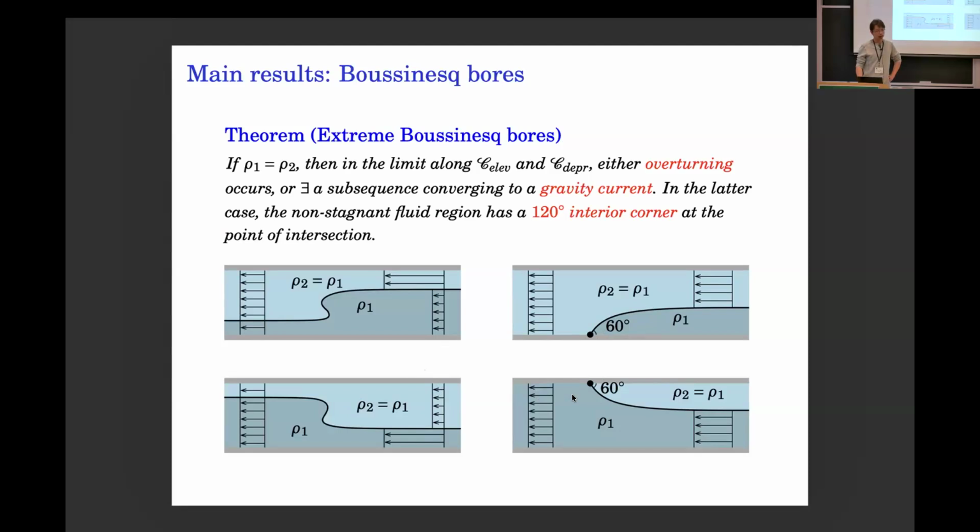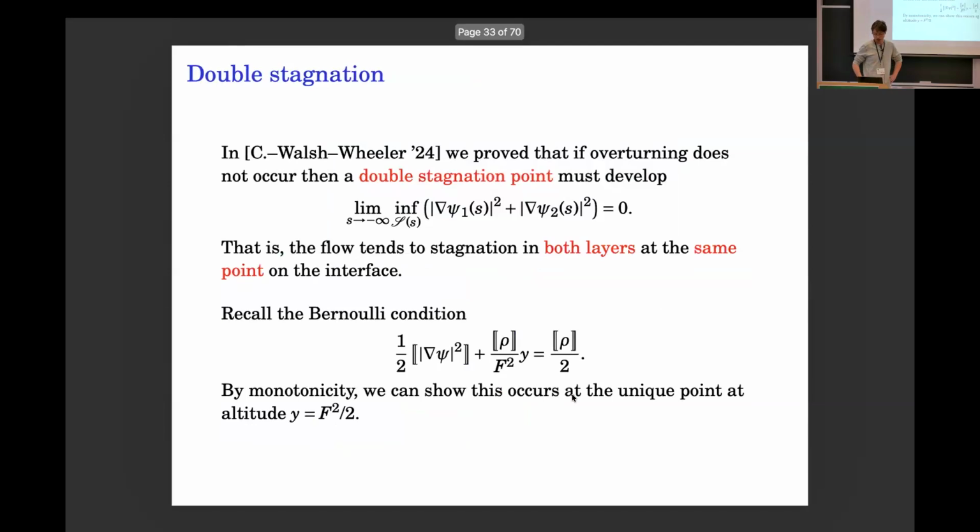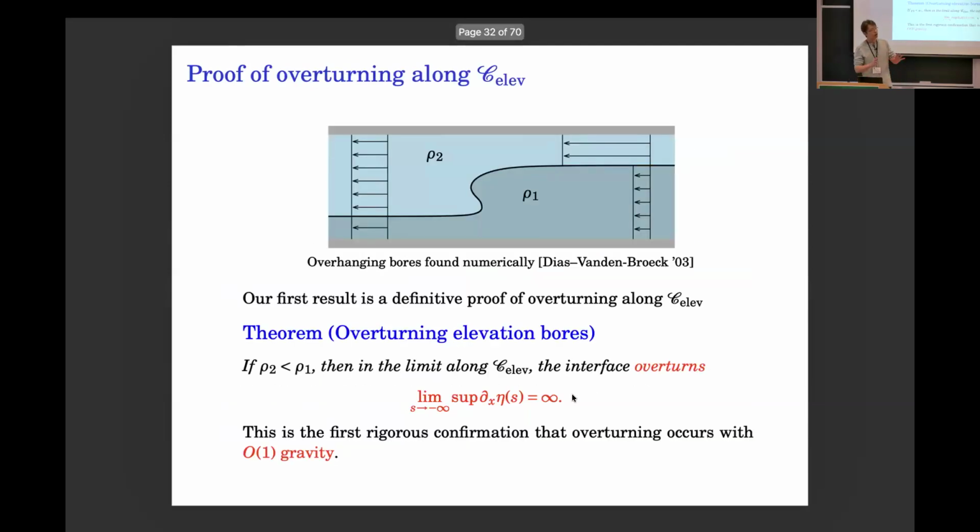In the remaining time, let me try to get to some of the ideas. It's been a long, frustrating project, and we have asked a lot of experts, some of whom are in the audience. So we're pretty happy that we finally found a way to resolve it. I will mainly focus on the elevation, the overturning one, because we can say something definitive there. For the other one we're still trying to eliminate the overturn. So this is the main theorem of the overturning.